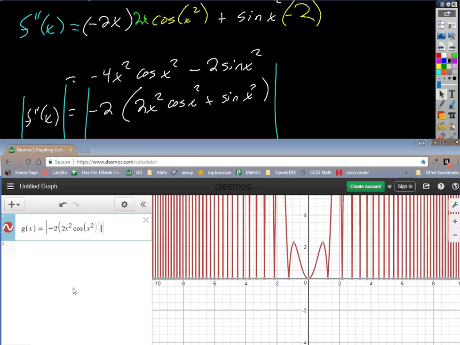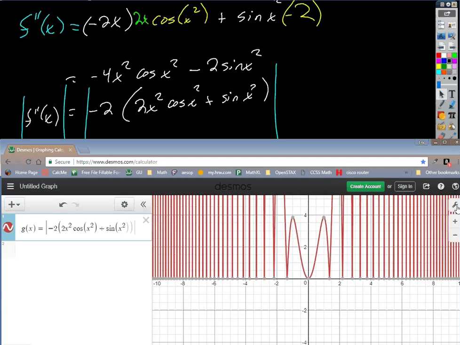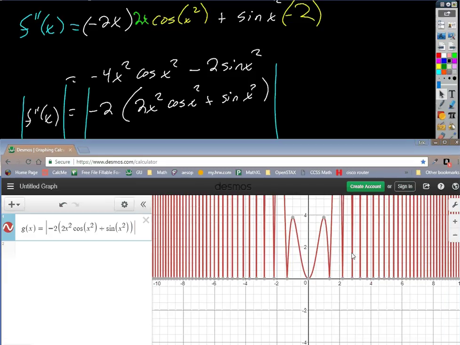What did I do there? Oops, got to go inside there. Okay, minus, oh, plus sine x, sine x squared, okay. Are we in the right mode? I think we are. We're in radians, yeah, okay. So that gives us an idea, right, that we're sort of on the right track